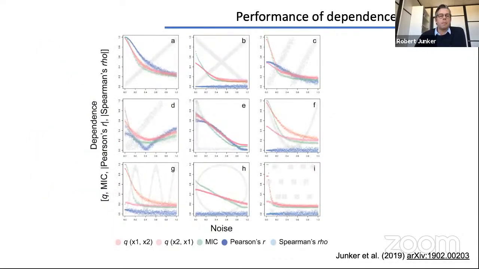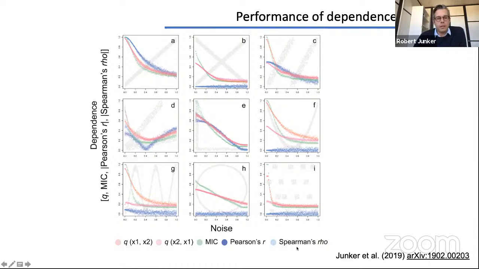So here we tried different relationships. In gray in the background, you see what relationship we tested. On the x-axis, you see the noise. These relationships have little noise, but the further we go to the right, the more noise is included in these functions. And then you see the Q values in both directions, the MIC values, and the Pearson and the Spearman